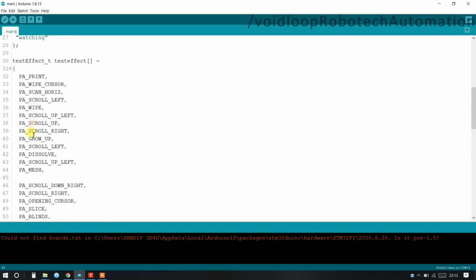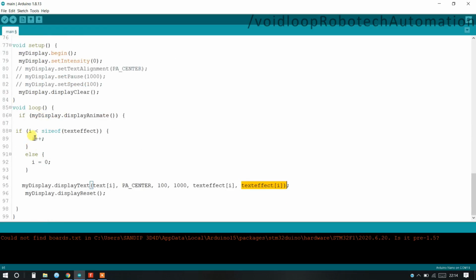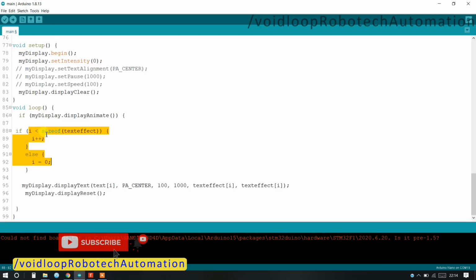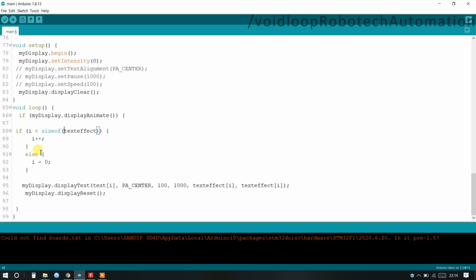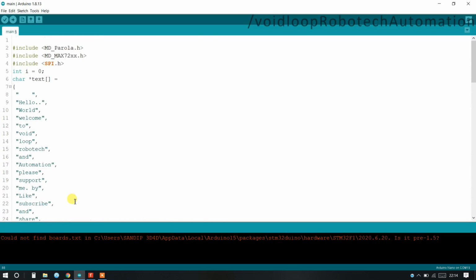You can see there are a lot of effects, so it will change every time. Here it will check the size of the text effect array, then reset again to 0 after reaching the maximum number, and start again from 0. Okay, so I hope you understood this code.